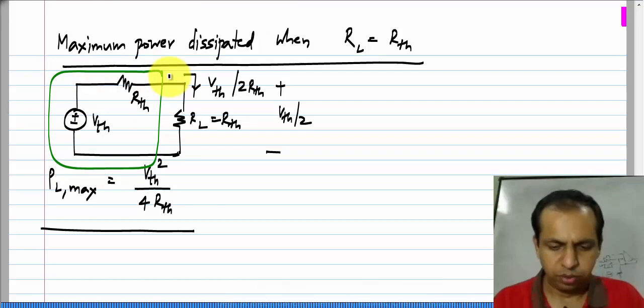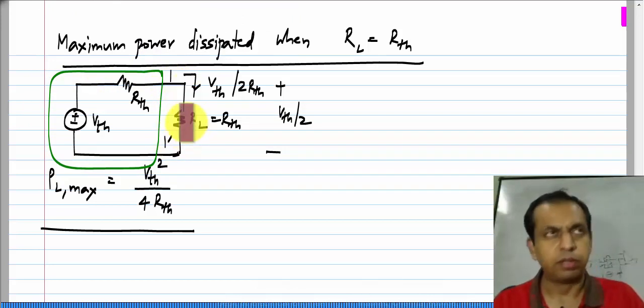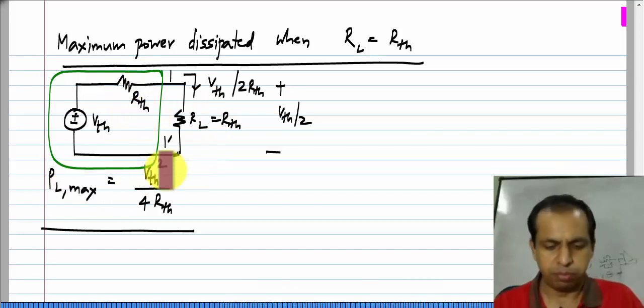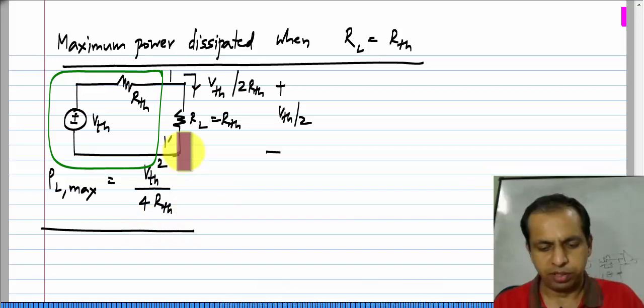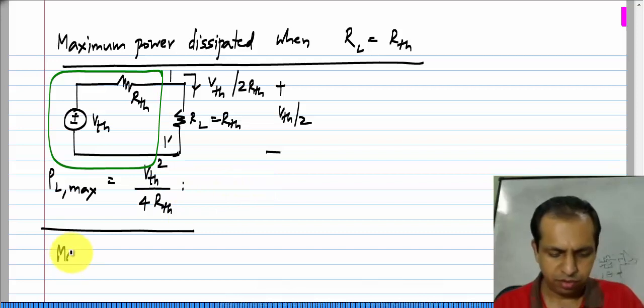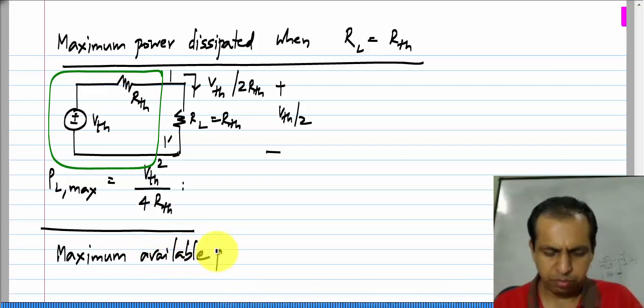Notice that this is a property of just the circuit. The load, when it is arranged to draw maximum power, its resistance will be equal to the source resistance. So, the maximum power that is dissipated in the load will be equal to VTH square by 4 RTH, and this is known as the maximum available power